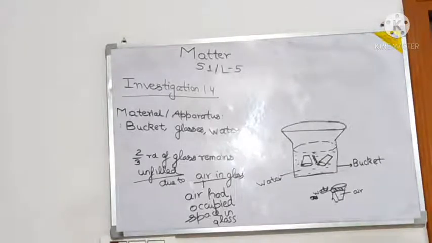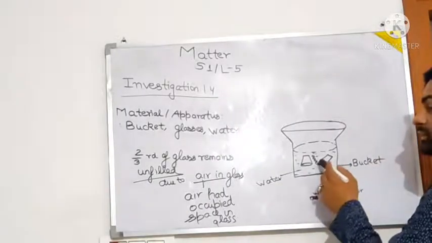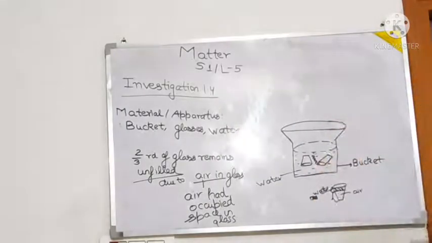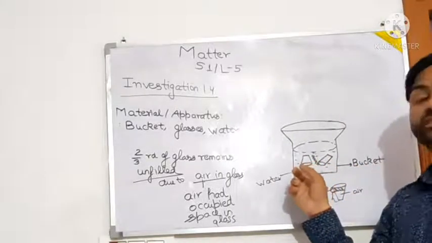So tilt the first glass gently and let the air from that escape into the second glass. It is noticed that bubbles of air rush out from the first glass to take place and float the glass. And see what more thing you have to do. These bubbles where they are coming now, you try that bubbles go into the glass only. Okay. So when you tilt the second glass, these bubbles you have to take inside the first glass only.